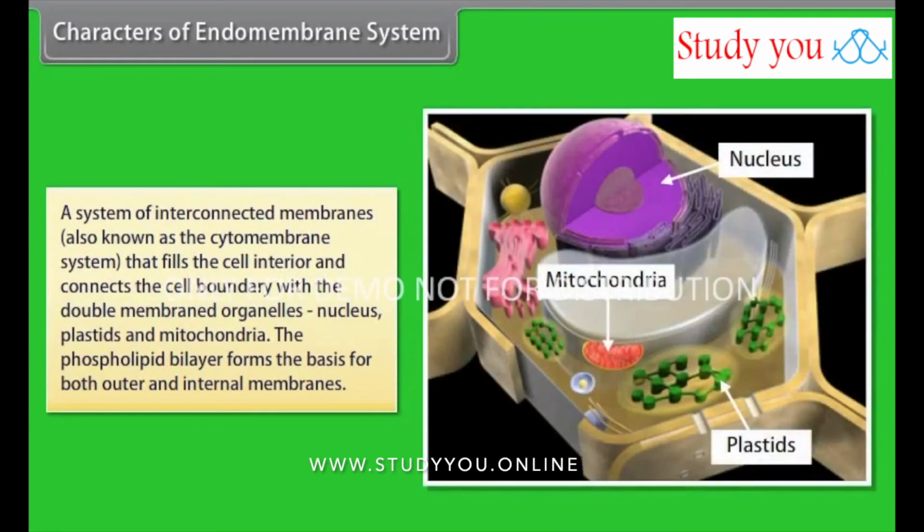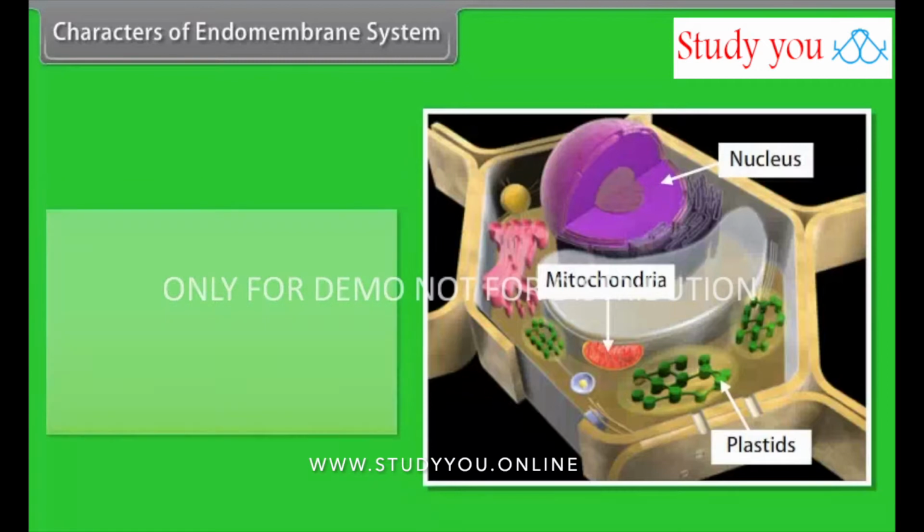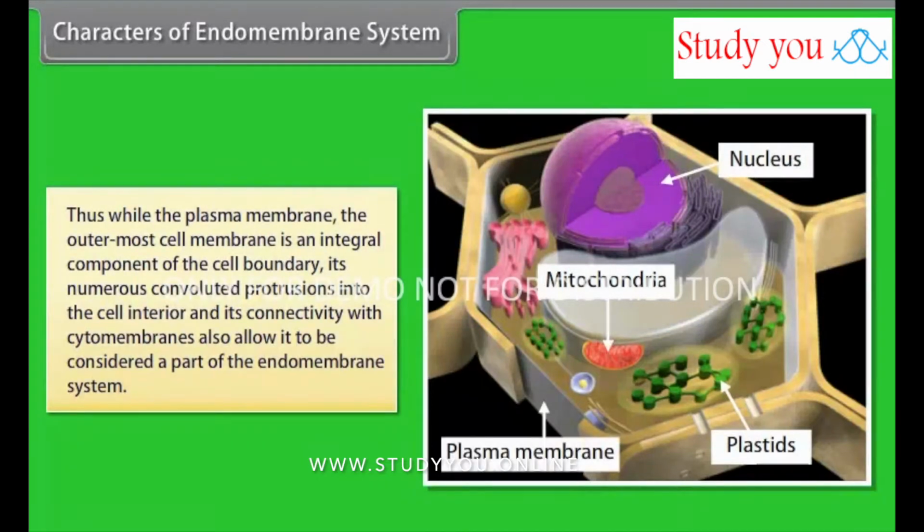Characters of endomembrane system. A system of interconnected membranes, also known as the cytomembrane system, that fills the cell interior and connects the cell boundary with the double-membraned organelles, nucleus, plastids, and mitochondria. The phospholipid bilayer forms the basis for both outer and internal membranes. Thus, while the plasma membrane, the outermost cell membrane, is an integral component of the cell boundary, its numerous convoluted protrusions into the cell interior and its connectivity with the cytomembranes also allow it to be considered a part of